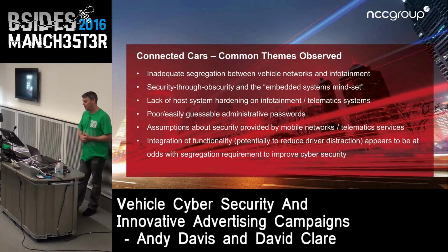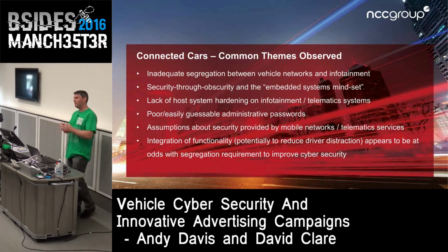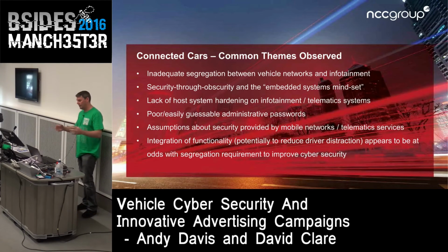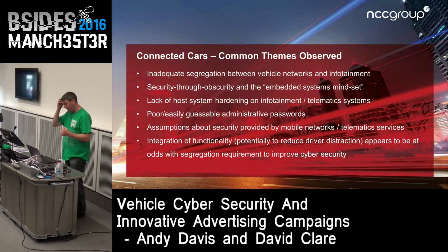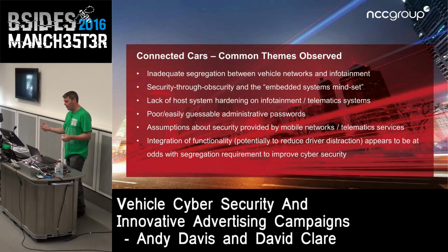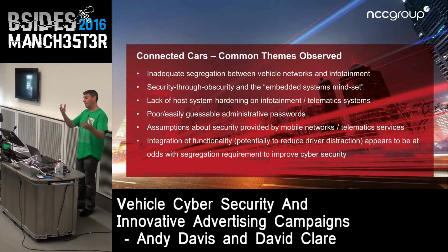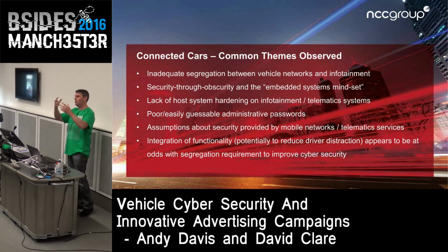And we see assumptions about security being provided by the mobile networks or the telematics services, because it's such a connected ecosystem, going back to that big picture I had at the beginning. If you're developing a telematics solution that involves, let's say, a smartphone app communicating with a telematics service provider, that telematics service provider is sending its data via a mobile network operator. That's then got to connect to this telematics control unit that's developed by somebody else, that's embedded in a car that's developed by somebody else. There's all kinds of assumptions about who's doing which bits of the security, and sometimes those assumptions completely break down,